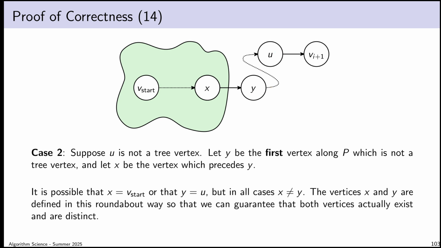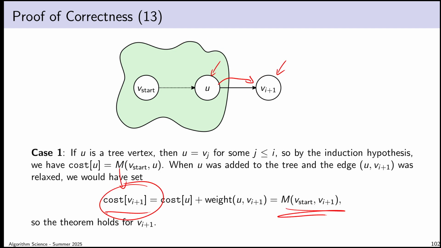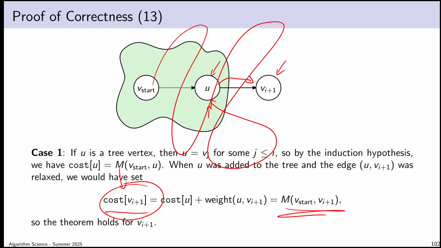If we wanted to, we could design an example where the path might leave the tree, go back in, leave, go back in again, and then finally settle at vi plus 1. So the path can enter and leave the tree over and over again if we're in case 2, for all I know. And actually, that could have happened in case 1, for all we know. All we said was that u itself was in the tree. We didn't guarantee that the path didn't leave the tree in the meantime, and it doesn't actually matter whether it does or not.